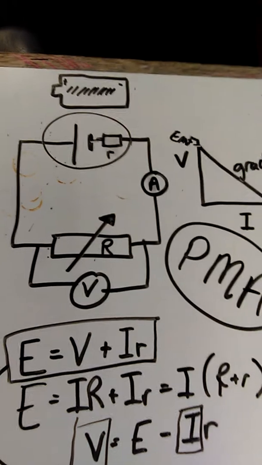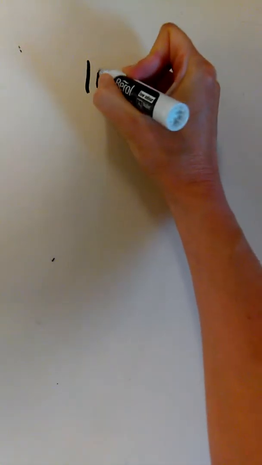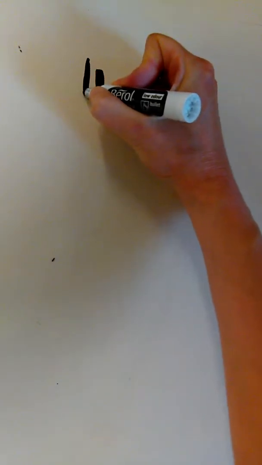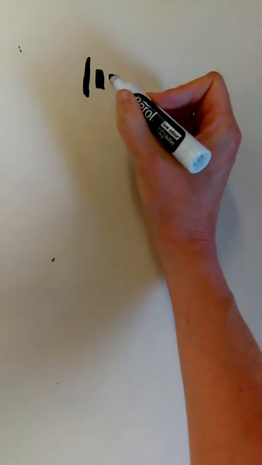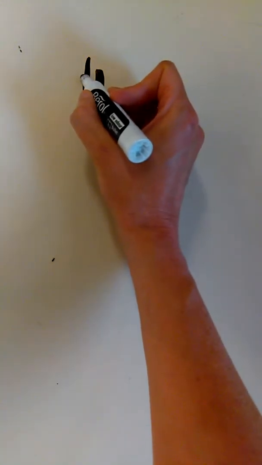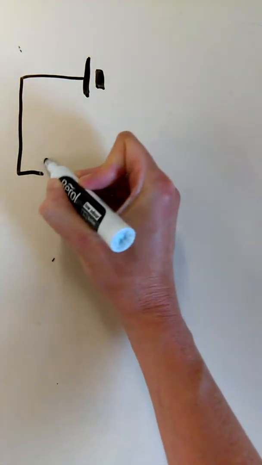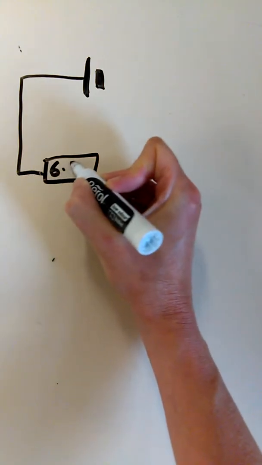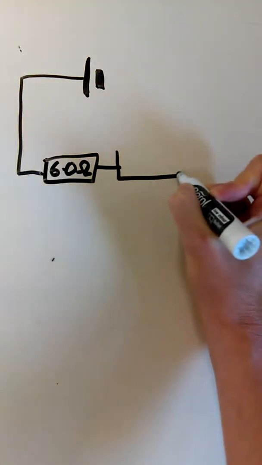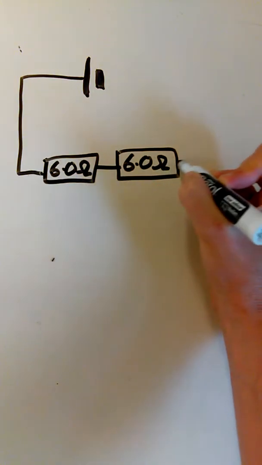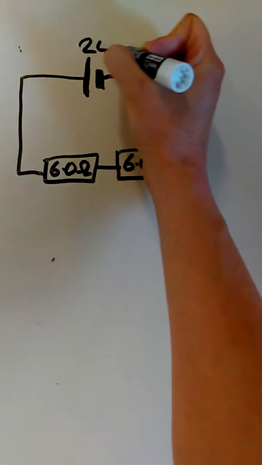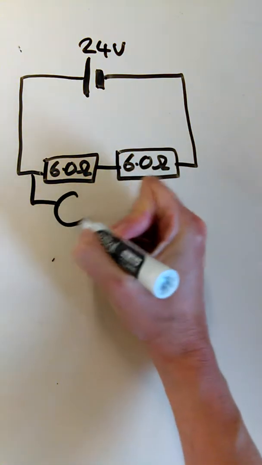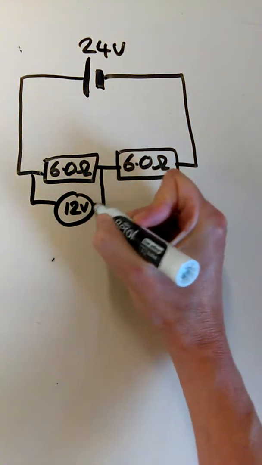Okay, last little bit that I want to go through is potential divider circuits, and that's really how the EMF splits over different things in the circuit. So if we've got a source of EMF, and a lot of the times these questions say that internal resistance is negligible, you don't need to worry about internal resistance. Let's say we've got a 6 ohm resistor, and we've got another 6 ohm resistor, and we put them into a 24 volt supply. I hope you're okay that that supply will split 12 volts over this one and 12